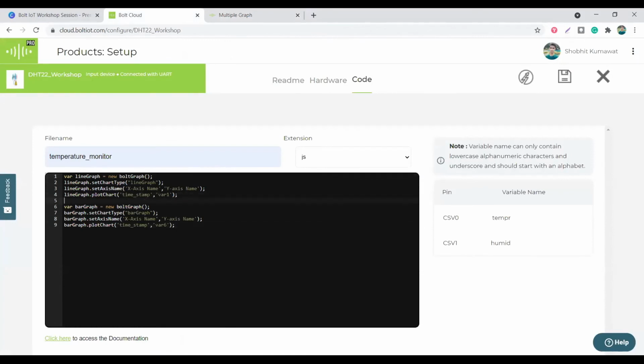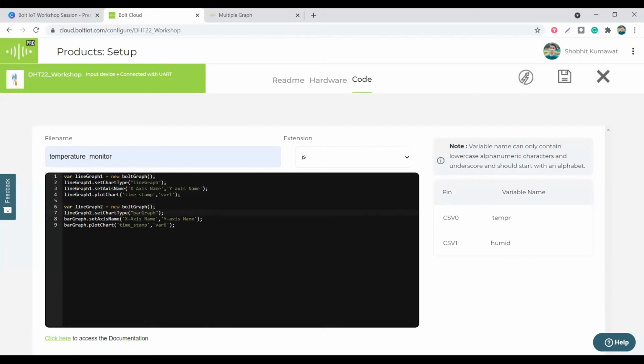So this is my first graph, that is a line graph. I will make it line graph 1. I will change line graph to 1, 1, and 1. And below will be line graph 2. One will be for humidity and one will be for temperature. So I will just modify everything in the code.